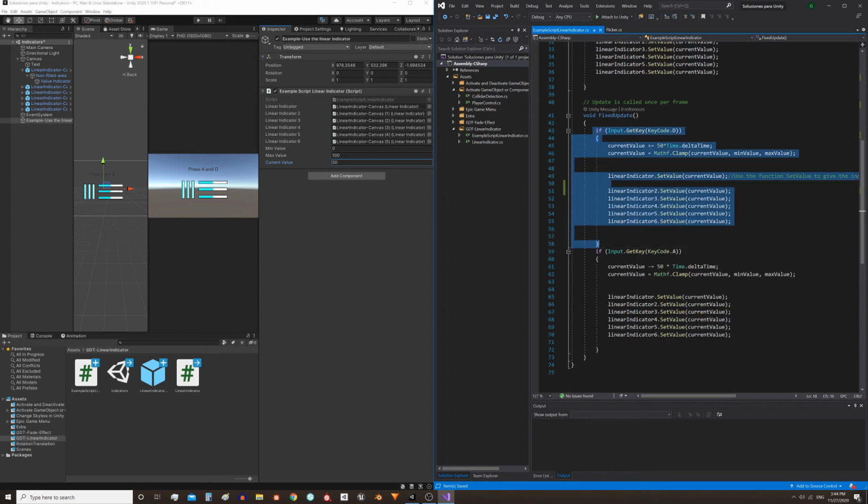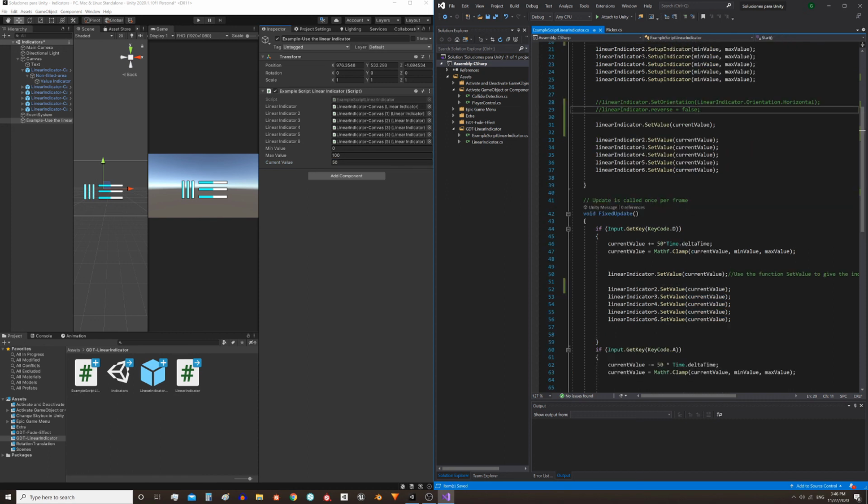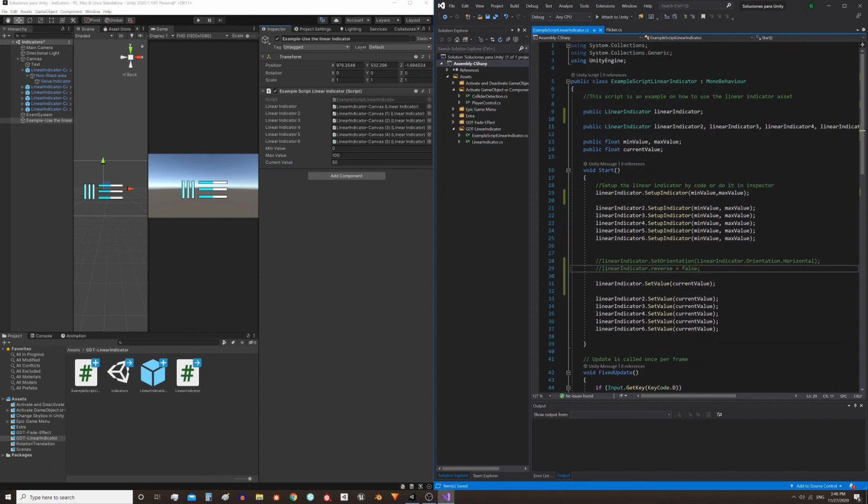And finally, in the update method, we write the indicator bar. Here what we do is read the A and D keys, modify this current value variable, and then send that value to the indicator bar. But this is only an example. Suppose you are indicating the player's health, for example. When the player takes damage, you would have to calculate how much damage he took, modify the health variable, and then execute this function sending that value as parameter. The same if the health is regenerated. So that would be the way to use this solution.